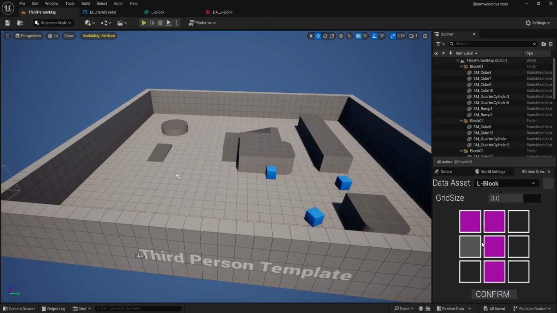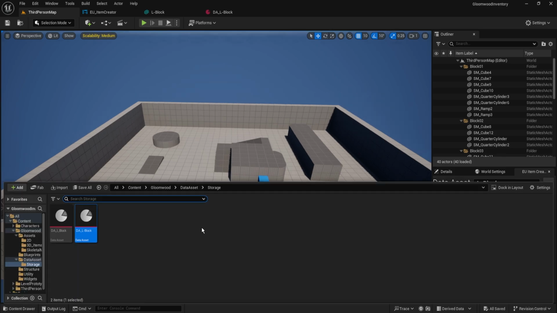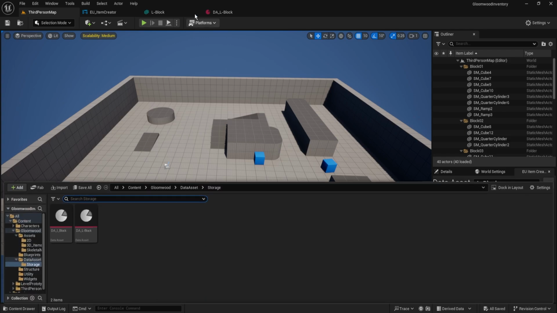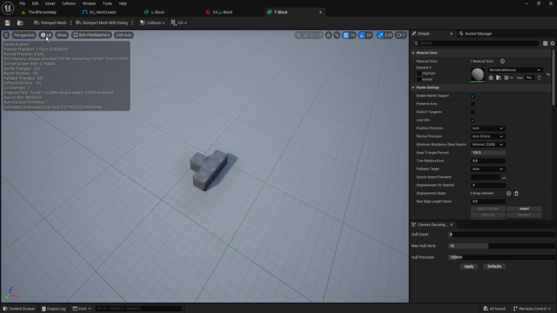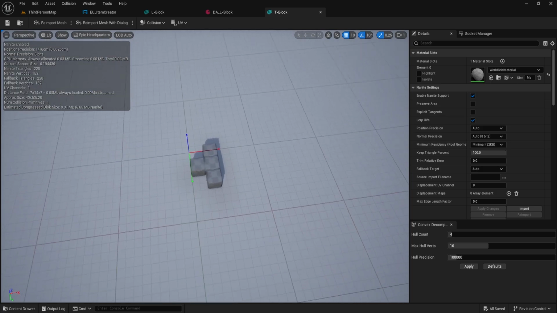Now, if you're making a different one, so for instance, let's say a T block, let's take another example. Let's do a T block. So if we're doing a T block, we're going to look for our data assets, sorry, look for the 3D assets, look for T. And so in this case, if we look at our pivots, once again,